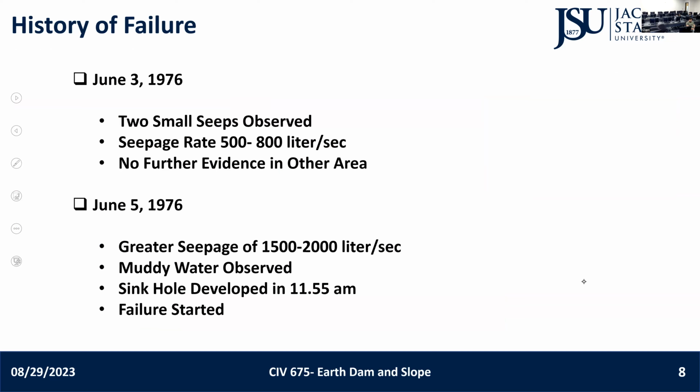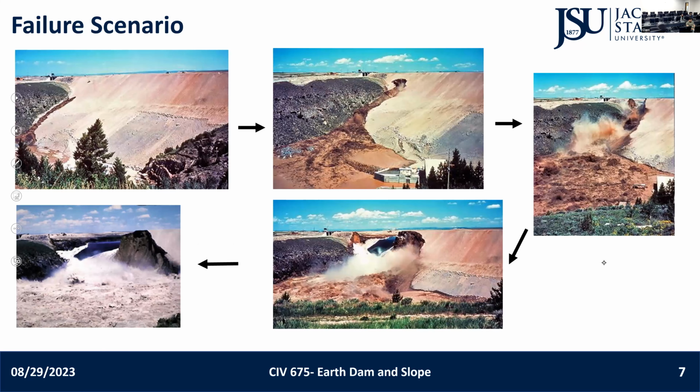But on June 4, as of 9 p.m., there was no further occurrence or evidence. On the morning of June 5th, they started observing big seepage. This is a picture for June 5th. It started here, from that small seepage, it went through a big sinkhole, and suddenly it collapsed. So what was happening is